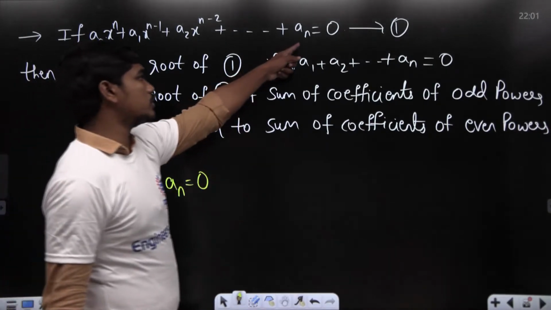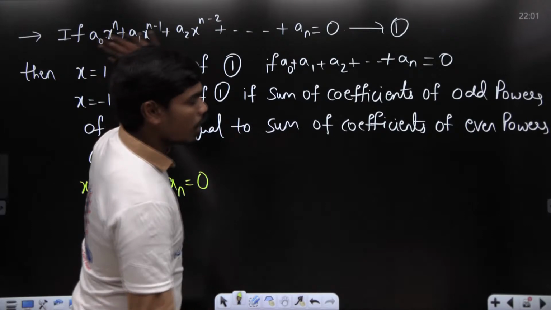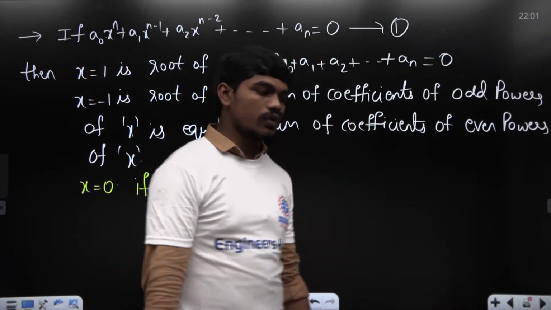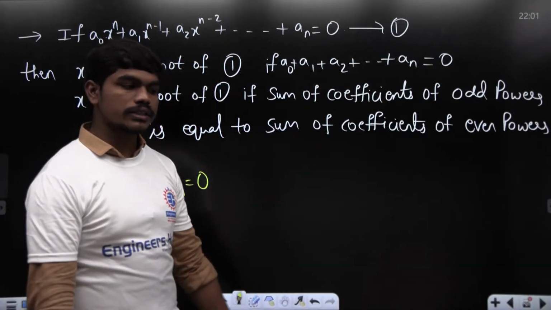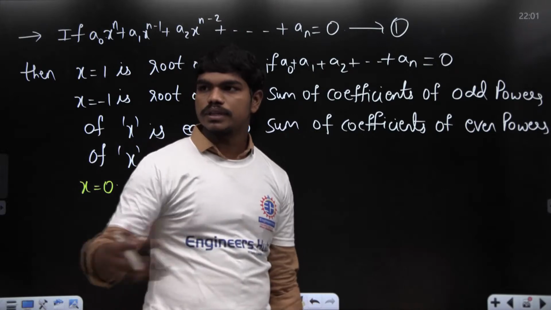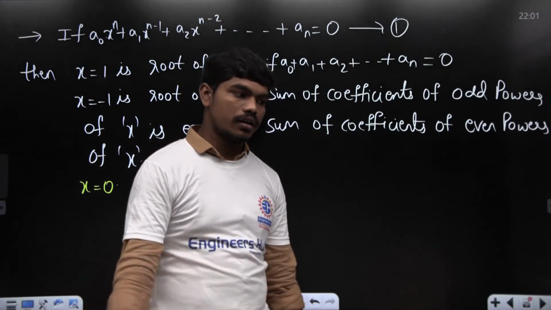If this constant is equal to 0, then definitely you can take one x common from this complete polynomial, which means x is equal to 0 is one solution of this equation. Did you all understand these 3 points? Now, if you know one root, then you can perform something called synthetic division and you can get the other 2